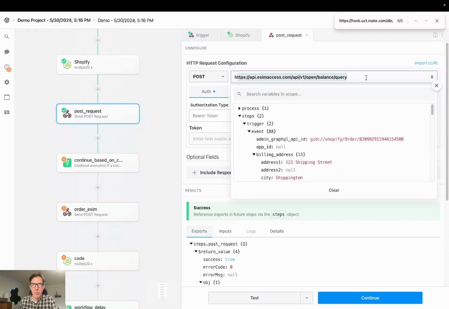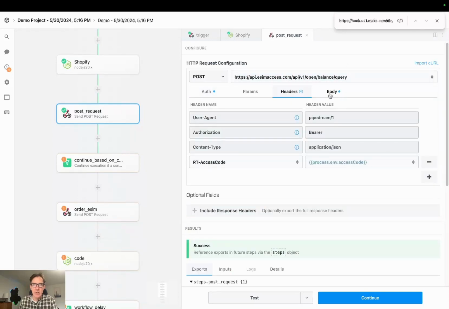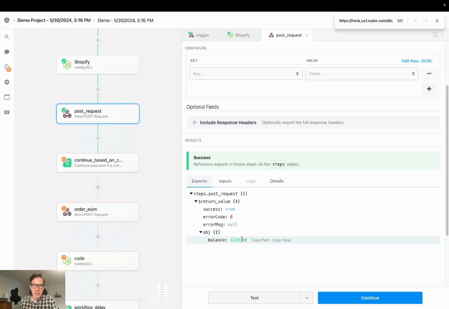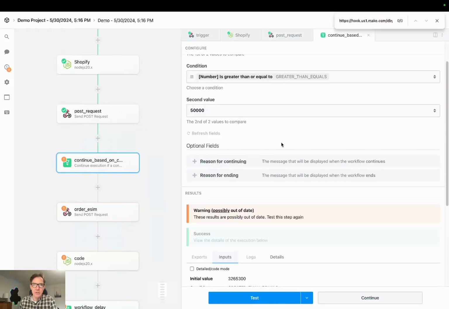So here's my endpoint for the balance query. There's the headers, and we don't have any body here. We just got our result here, and you'll see this right here, copy path and copy value. So copy value would just grab this number, but copy path is the variable that we could use in our next section. So if I copy that, and then what I want to do here is